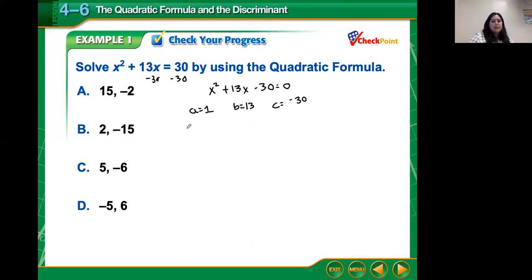So we're going to go ahead and plug this into our formula. We have x equals negative b plus or minus the square root of b squared minus 4 times a times c all over 2 times a,